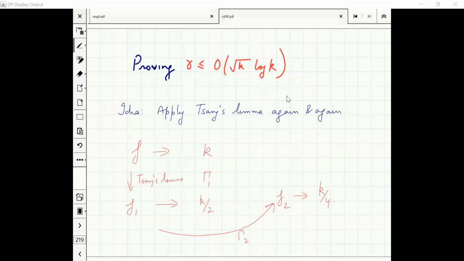So in the first, I will fix root k parities. Second time, I will fix root k by 2 parities, then root k by 4 parities. And if you just add these up, you will get order of... This gamma 2 that has been picked is from active parities of F1. I mean, good. So this is the problem. So this proof is actually incorrect, and you have pointed out the correct point.